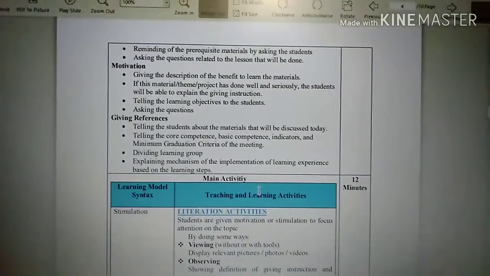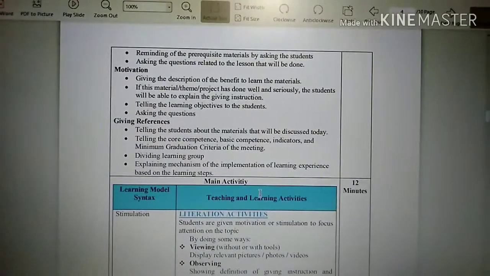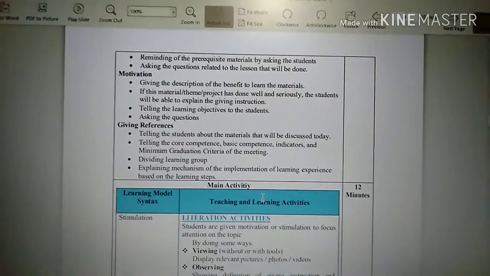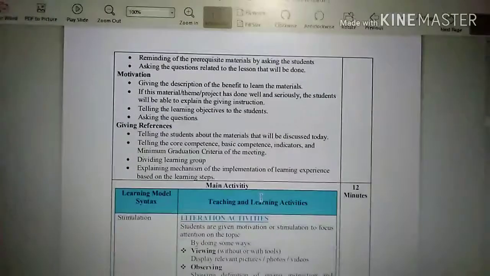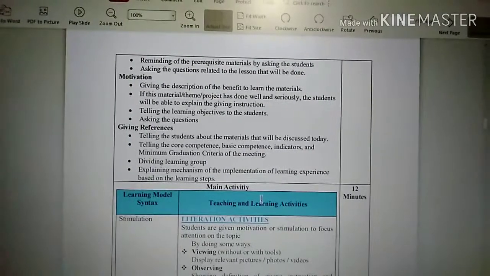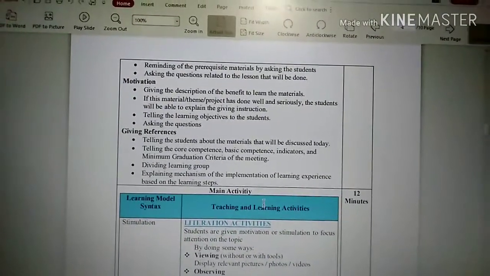Motivation: giving the description of the benefit of learning the materials. If this material or project is done well and seriously, the students will be able to explain giving instructions. Telling the learning objective to the students. Asking questions.